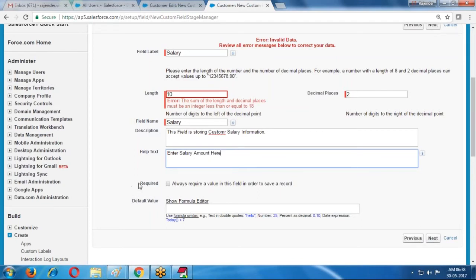Here, required: if it is required, every profile is selected by default, otherwise it cannot be selected. Here the default value for salary is 20,000. I have not selected required.